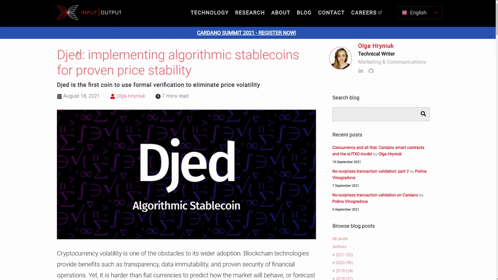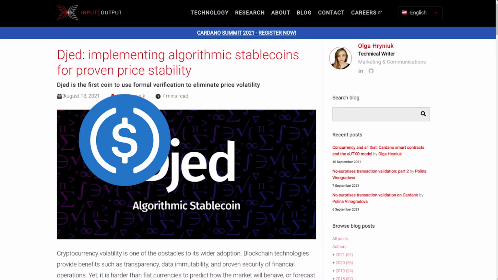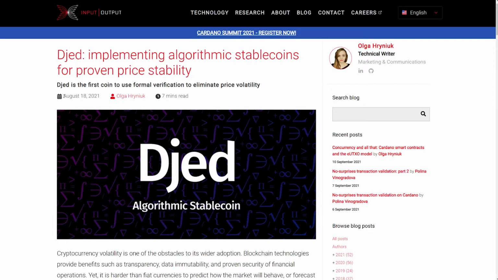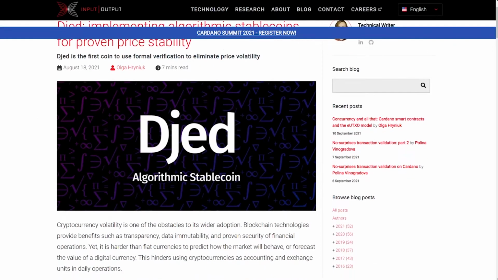Then I found this quite interesting information about implementing a new kind of stablecoin on Cardano. You may know the biggest stablecoins out there, which is USDC and USDT. For example, they are also running on Algorand. However, this is said to be a new kind of stablecoin which aims to eliminate price volatility, and it's called